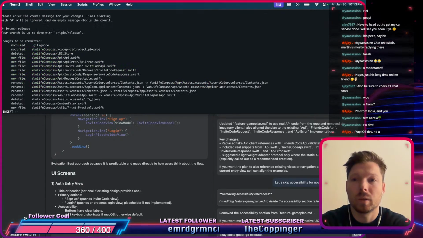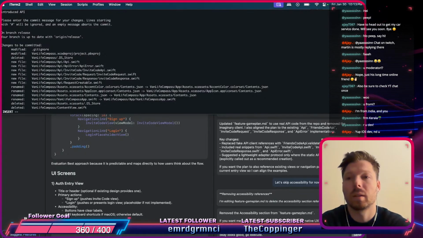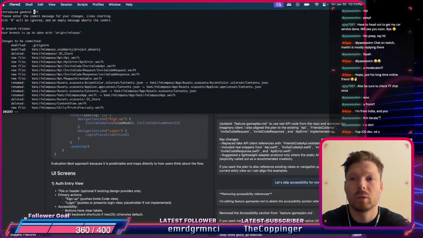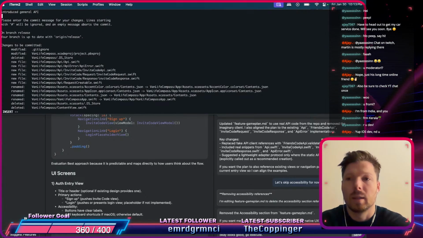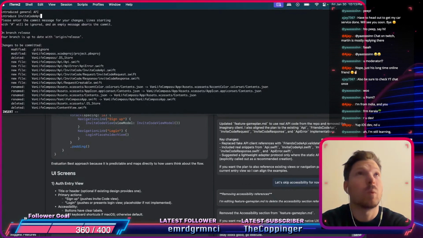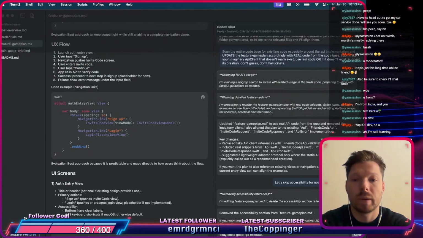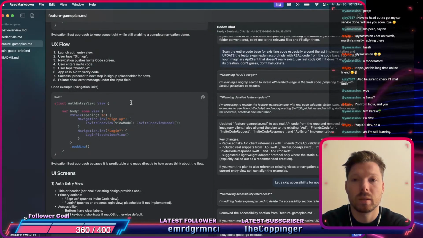So now we're going to say introduced API, introduced invite code. This is the general API that we introduced. General API. Introduced invite code API. What else did we do? Not yet. Nothing else yet. A small refactor we need to do is